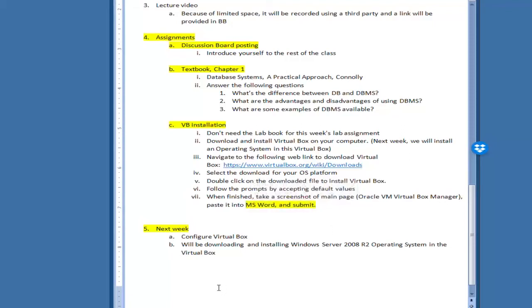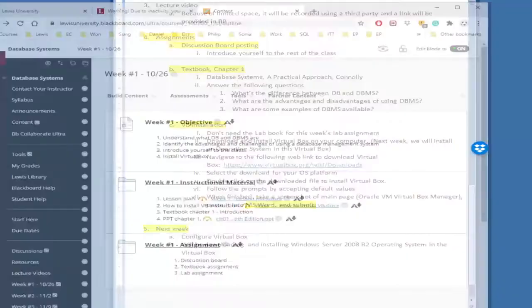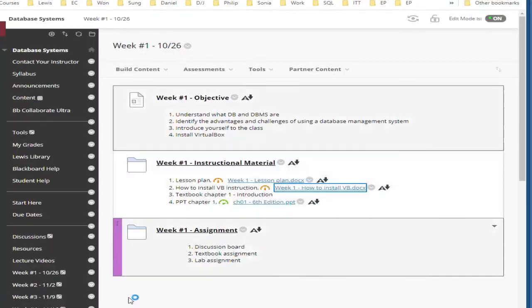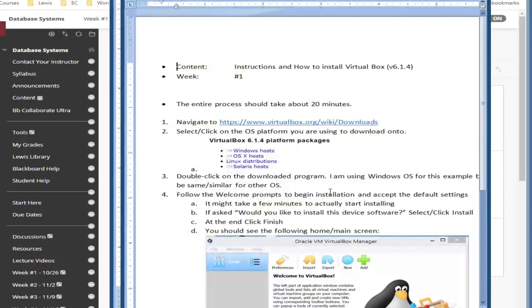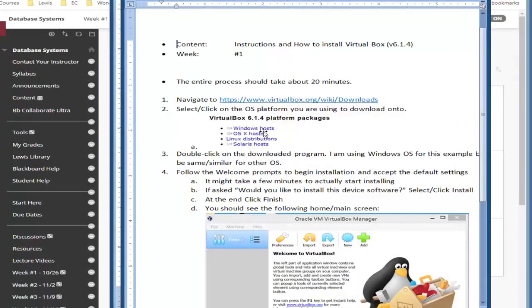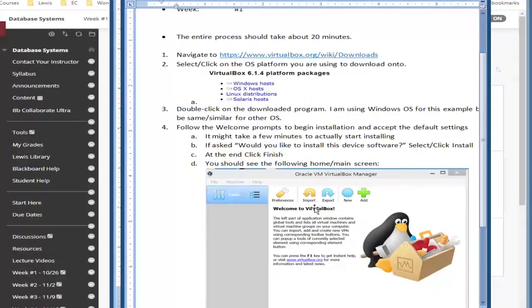Okay. If you go back to the instruction material, here is the how-to-install-VirtualBox document. So you can see what's going on over here. It's pretty straightforward and simple. You just go there, and whatever the host computer is, they have a download for that. So you can put one of these in there,